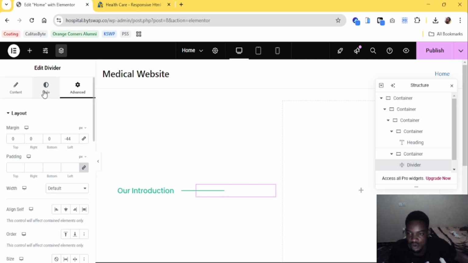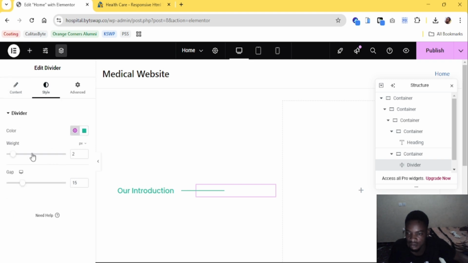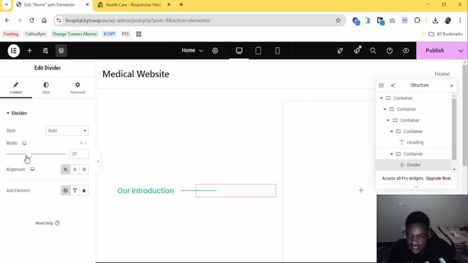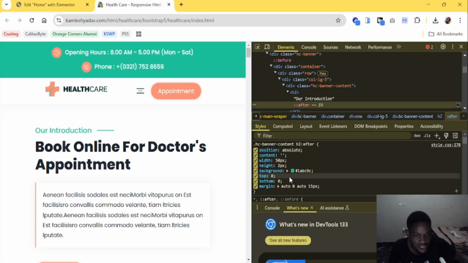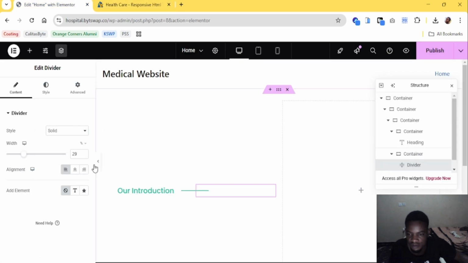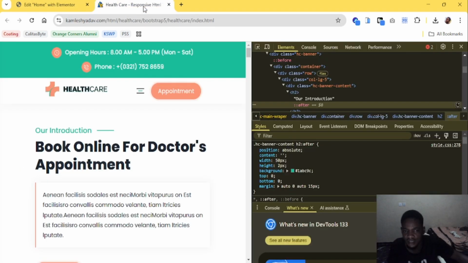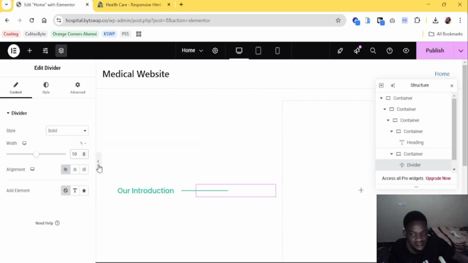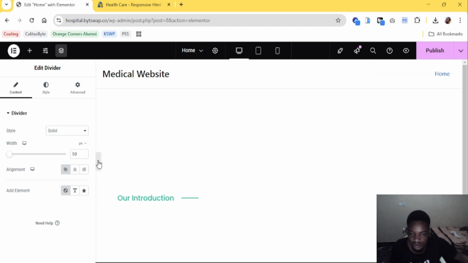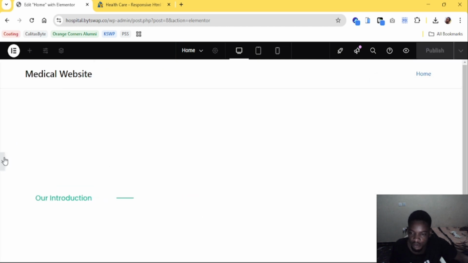And this divider looks so, let me see the width. Now let's reduce the width. The width is 50 pixel. Very good. Oh, this is in percentage. I'm sorry. This is 50 pixel. Very good. Now that's it. That is exactly what we wanted. Very good. But it's still not